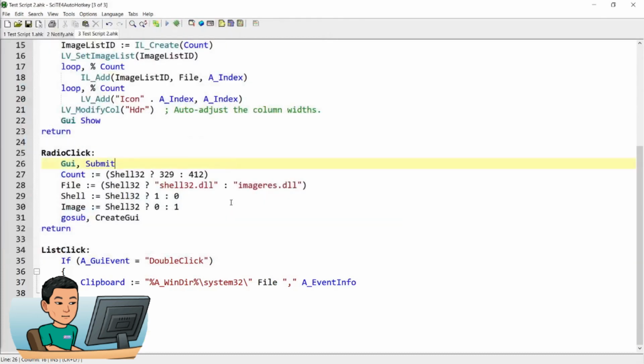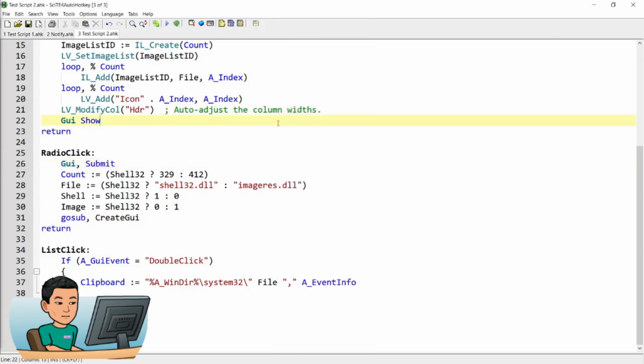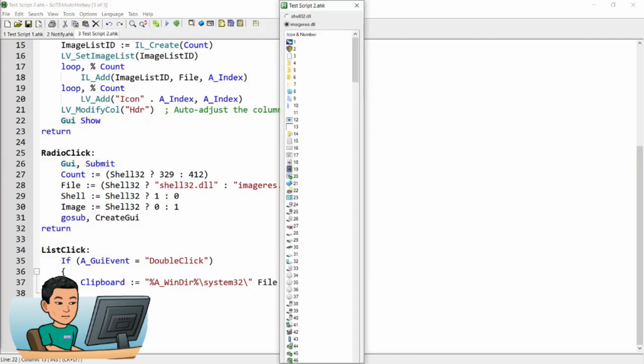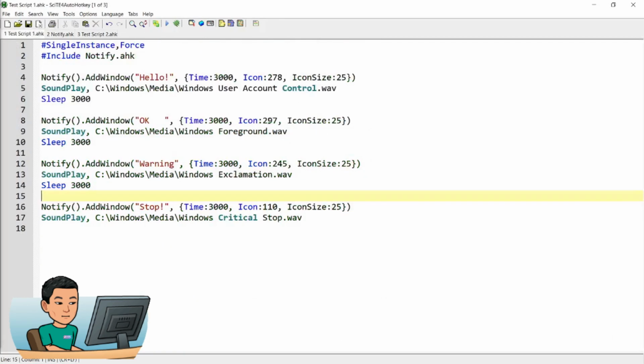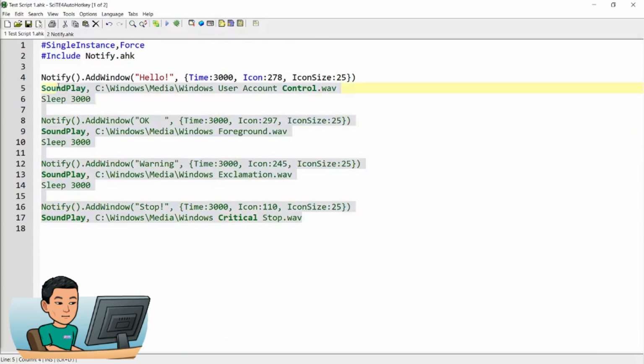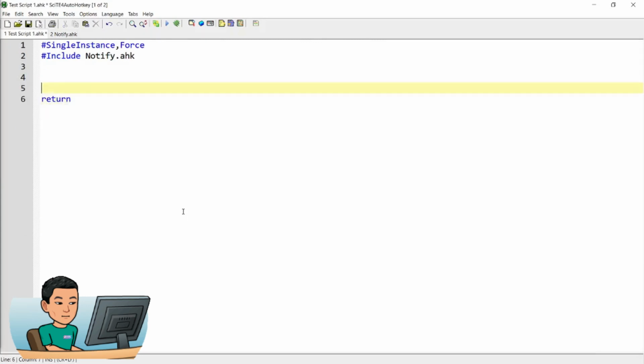And if you run this script, you'll get a GUI that gives you a list of all the icons that exist on your PC. Just select whatever icon you want from here, select that, and provide the number in the icon attribute field. And while we are on the topic of icon, let me just quickly show you that you can also use